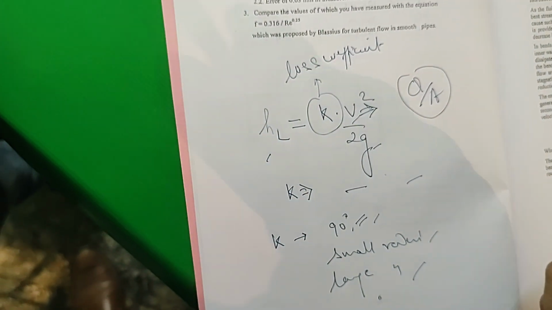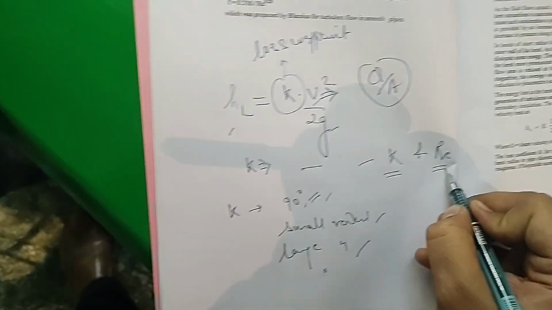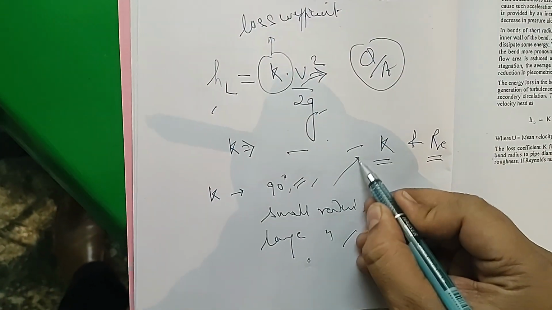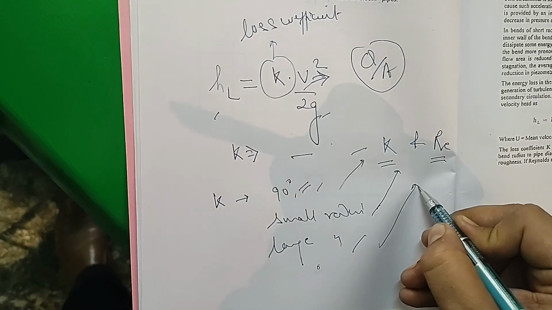At the end, you will plot the graph between K and the Reynolds number. The graph between K and Reynolds number will be drawn for each bend, so altogether you will have three graphs, each for different sets of discharges. For example, for the 90-degree bend, we will take 6 sets of readings, meaning 6 different discharges, 6 different head losses, and 6 K values. For each K value you will have the corresponding Reynolds number also. So you plot the graph between K and Reynolds number.